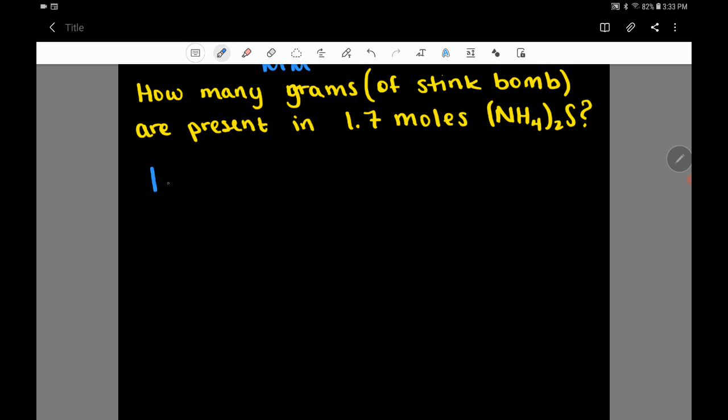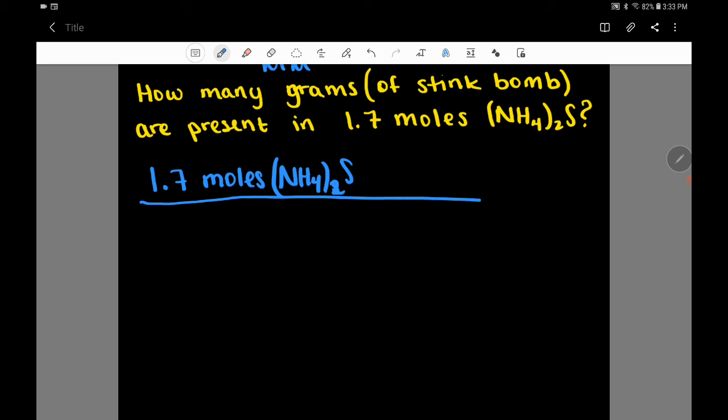So we're starting with what we're given, and this is given moles. Alternatively, you can use the triangle method. NH4 twice, S, ammonium sulfide. Because we're going grams of ammonium sulfide to moles of ammonium sulfide, anytime we're going grams to moles or moles to grams, we're going to be using our molar mass. But this time we were given moles, so we want to put moles on the bottom here, and it's always per 1 mole